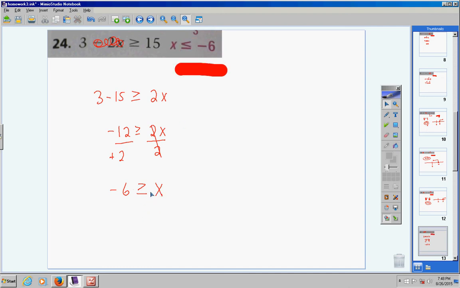Same thing here. But what I want to show you is a lot of students have been taught incorrectly to shade the way the arrow is pointing. Well, this arrow is pointing to the right, but we're going to shade to the left. That is not always true, okay? So keep that in mind. So I'm going to go ahead and put a point here, put 0, put a negative 6. It's a closed point,